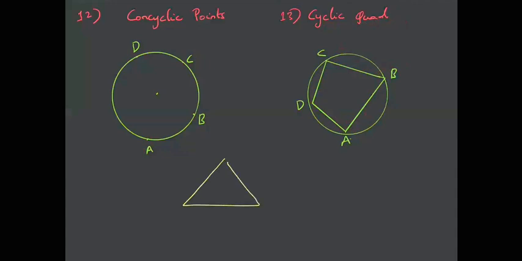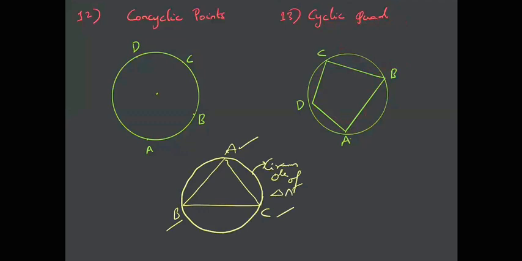Let us say we have a triangle ABC. We have already seen that through the vertices of triangle ABC, we can always pass a circle, right? And this circle is called the circumcircle of triangle ABC. But if there are 4 points, or say there is a quadrilateral ABCD,